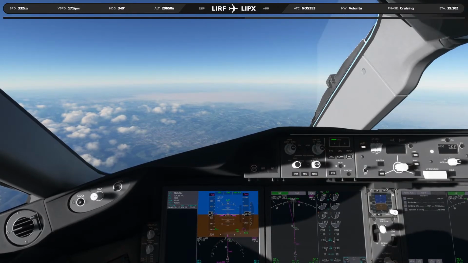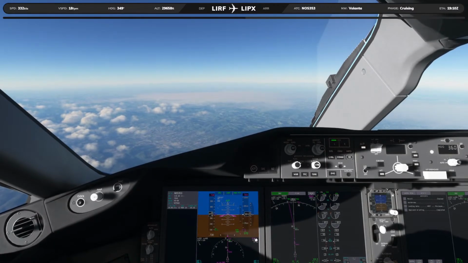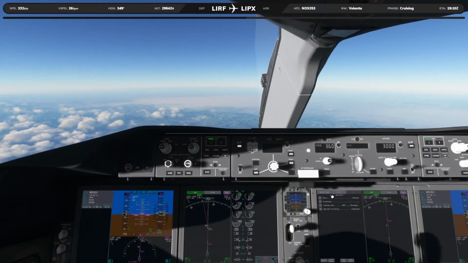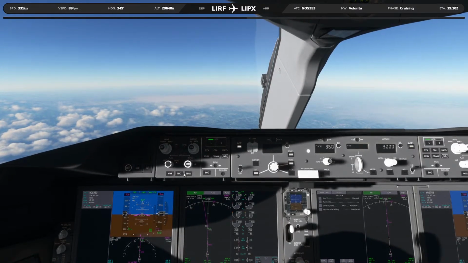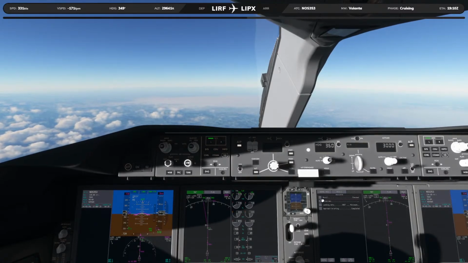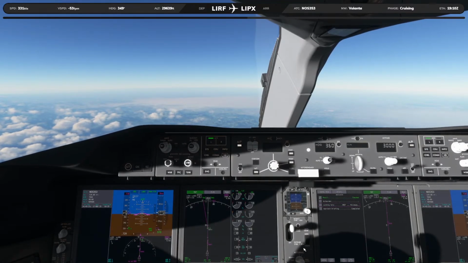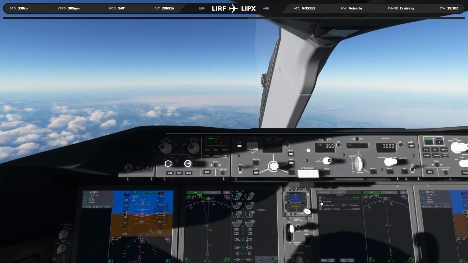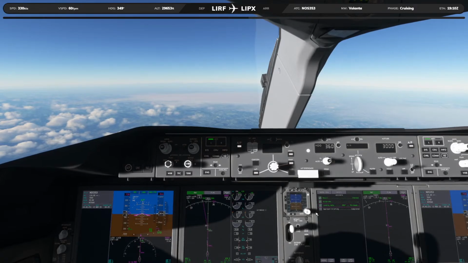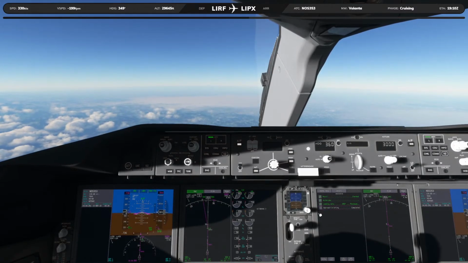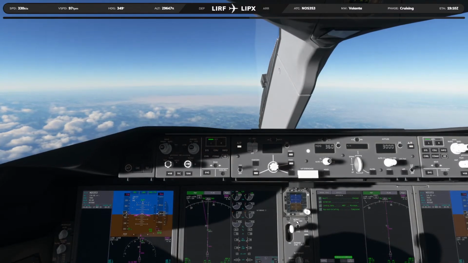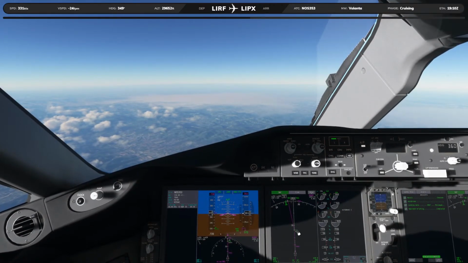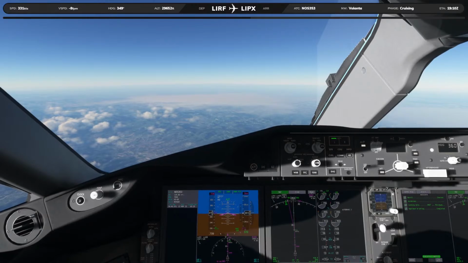All right, so for the descent checklist, as we approach the top of descent, we have reset the altitude to 3,000 feet. Recall is checked, and there are no messages there. Auto brake, we're going to go ahead and set this. Why not? We're going to set it to 2. And landing VREF minimums are set, and the approach briefing is complete, and the descent checklist is complete, and we should begin the descent in about 10 nautical miles or so from now.